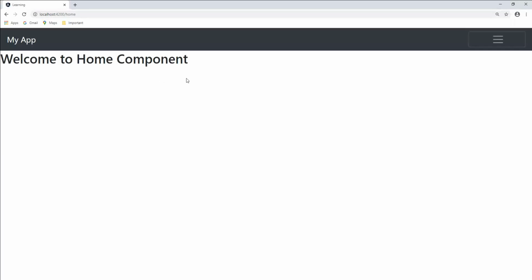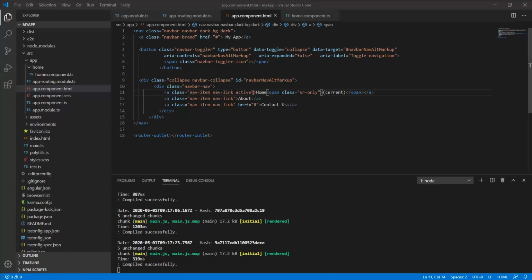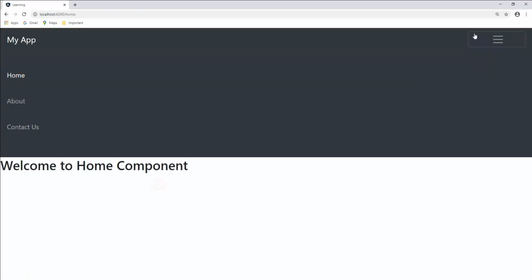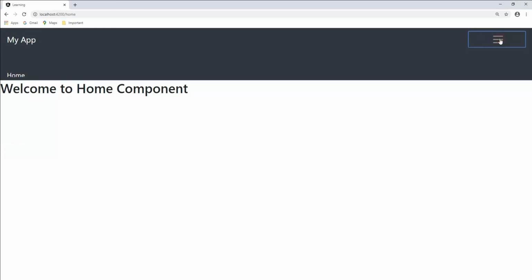But if you want to open it from a menu link button, we need to add a routerLink here, routerLink slash home. That's it. Now we'll quickly check. Okay, so it's working. Boom, but one issue: it's not closing this Bootstrap dropdown.